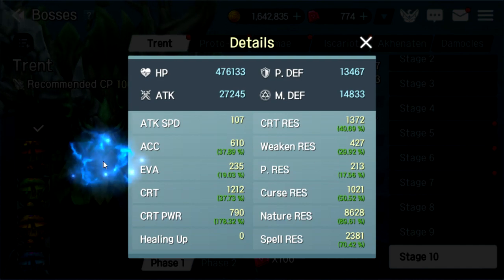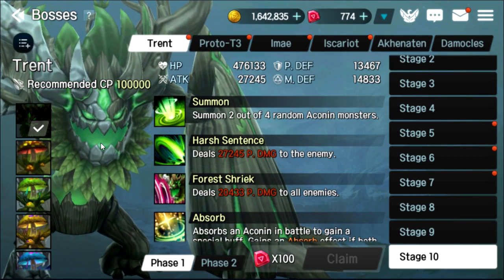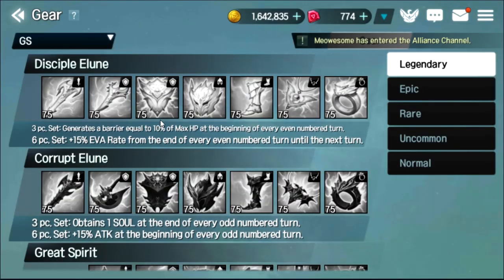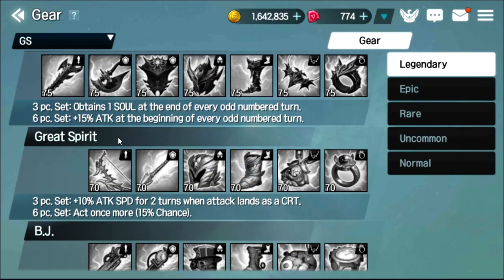And luckily for this type of enemy, the Trent is the one that actually gives you the Great Spirit gear set. Another great thing in this game is that you can go right over to gear, and then you can actually see all the gear in the game. So the Great Spirit, it's a 3-piece set, 10% attack speed for 2 turns when the attack lands as a crit, which also synergizes with the way that her actual kit works, because when you get paralyzed,